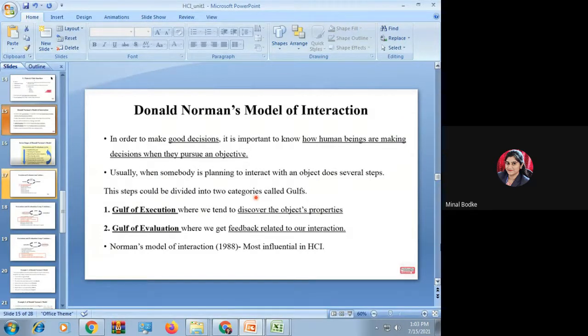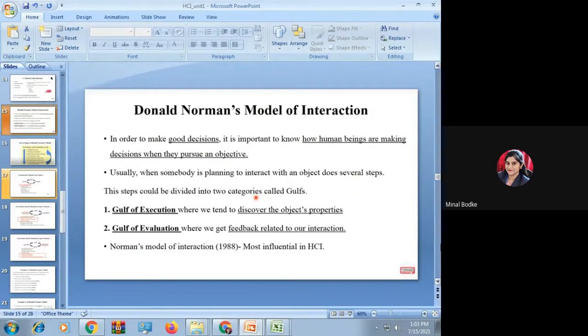Same as what you have seen up till now. You take some input from the environment. A human being takes some input. It has some thinking capacity, and depending upon the thinking capacity it is going to make some decision. So this Norman model helps us to make a decision. Basically this Norman model deals with the decision making capacity of a human being. It is going to tell you.